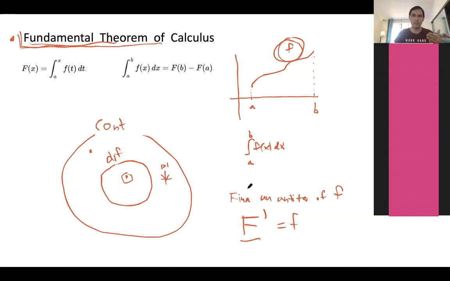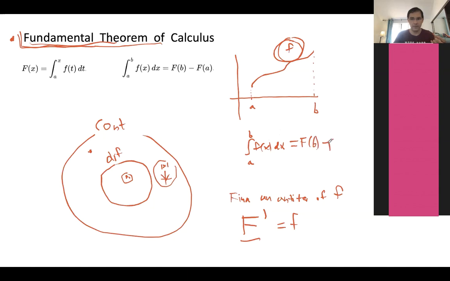There's a theorem. We are using this result. We won't prove it, but we're using it. And this theorem says that when the function given is continuous, so maybe it's differentiable as well, but doesn't have to be, as long as it's continuous, then this big function F does exist. And the fundamental theorem will tell you how to compute this definite integral once you know one antiderivative. Very simple. Simply F of b